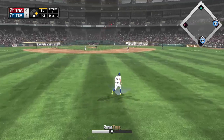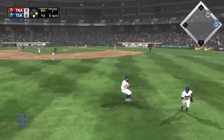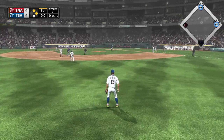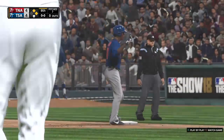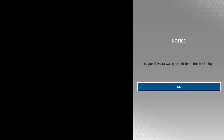Popped him up. Best into shallow left. But he can't make the play as it finds the outfield grass. Throw will hold him at second, but the go-ahead runs in scoring position now with still nobody out. Antoine Schaefer is up off the bench as he will pinch hit here in the bottom of the 8th in